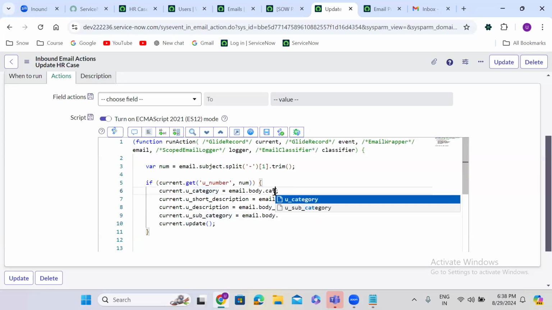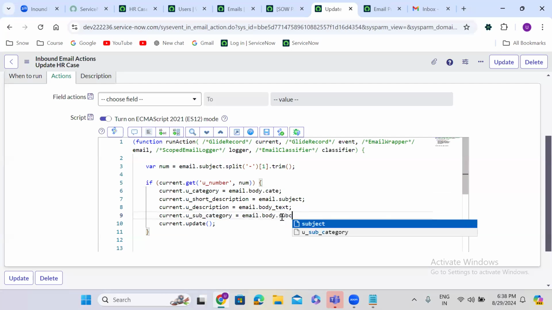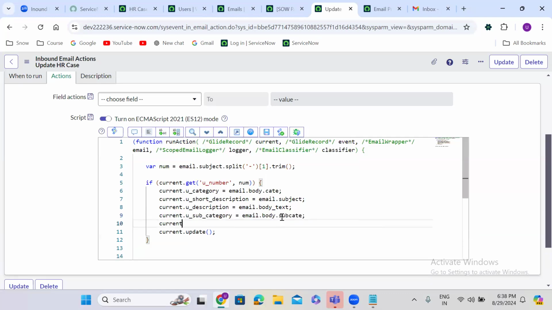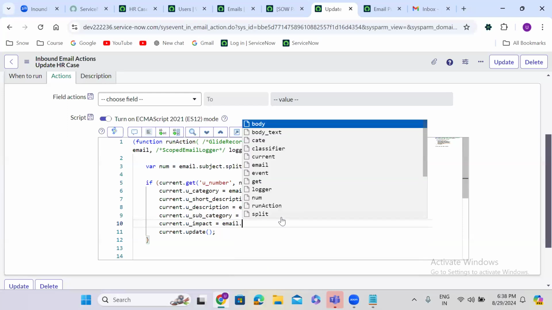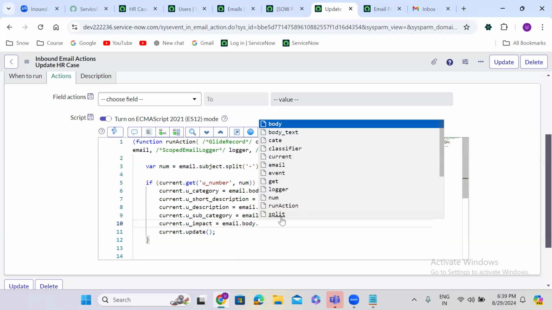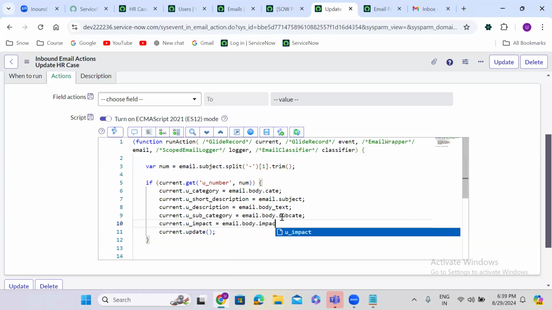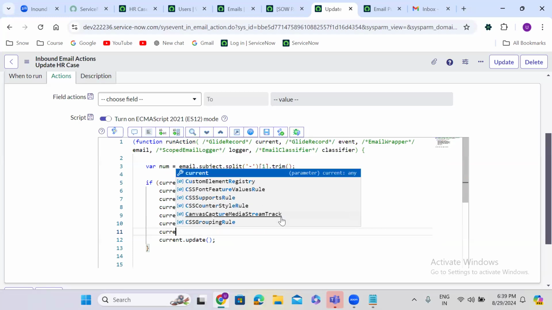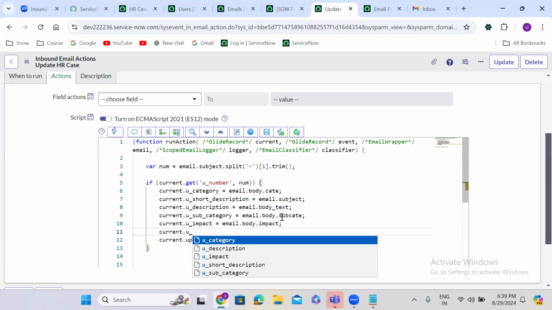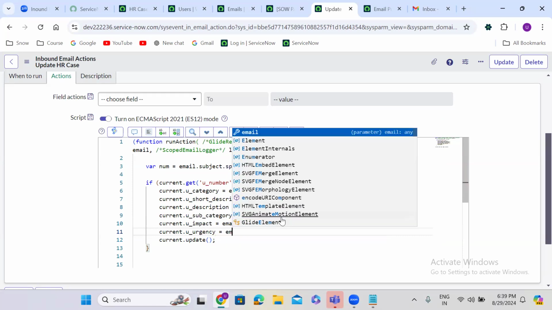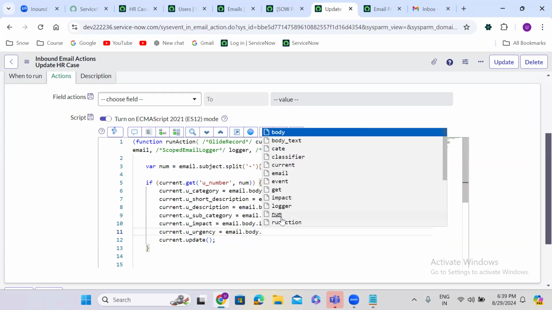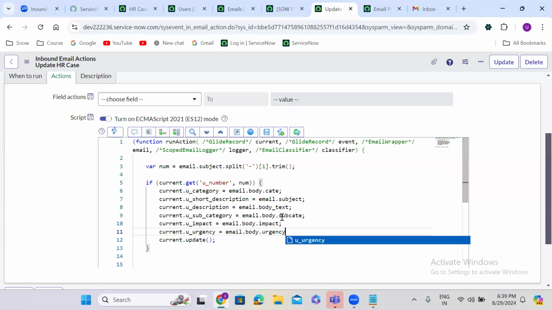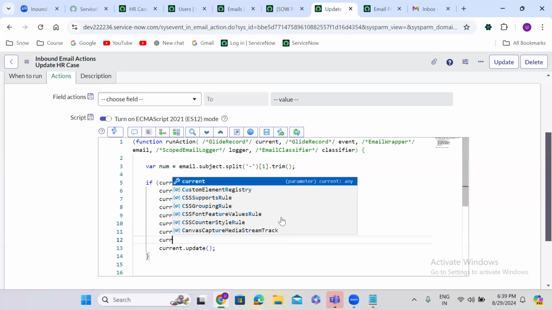So here it should not be category, it should be subcategory. Current.u_impact is equal to email.body.impact. Current.u_urgency is equal to email.body.urgency. Current.u_